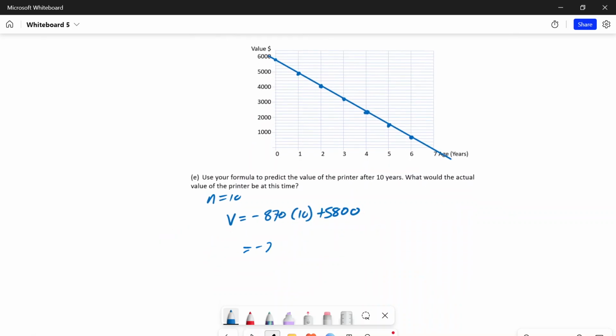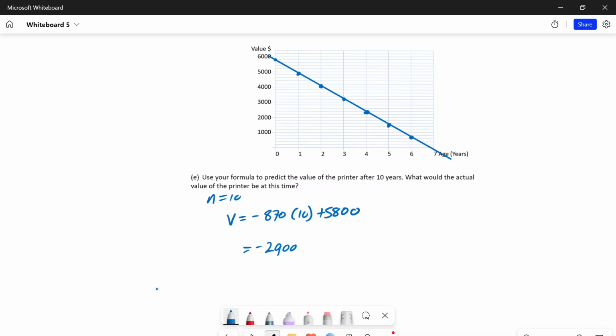Now, it's very difficult to say whether this is really accurate. I mean, can the value of the printer really go below 0? If it's not worth anything, then I'll probably just chuck it away or give it away. It won't cost them any money necessarily, although sometimes you do have things that you need to pay people to take away, like a wrecked car or a broken down car might cost you some money to have it towed. So kind of technically,